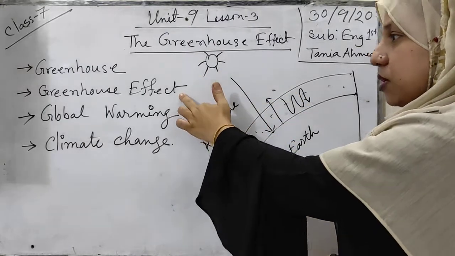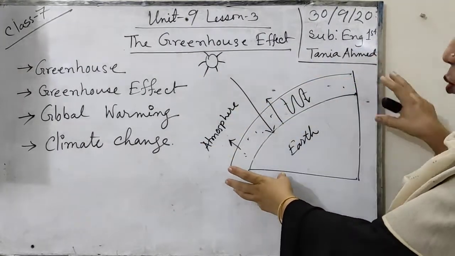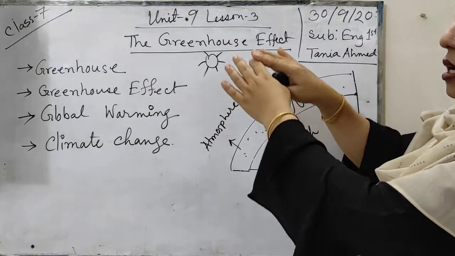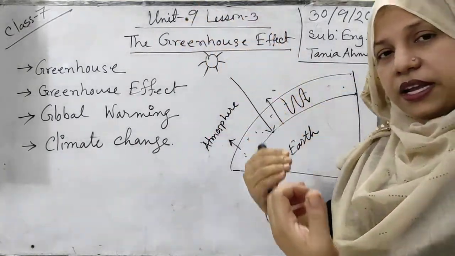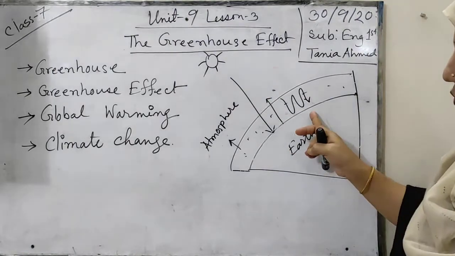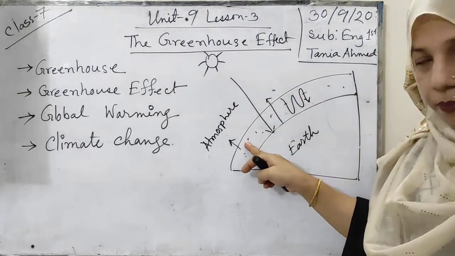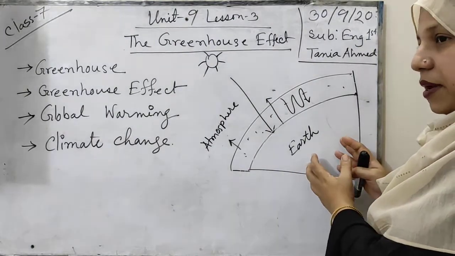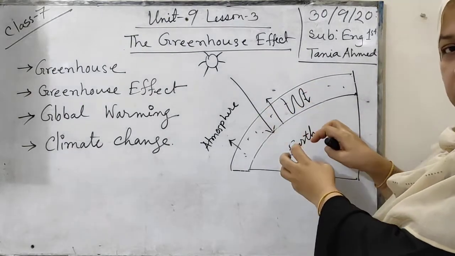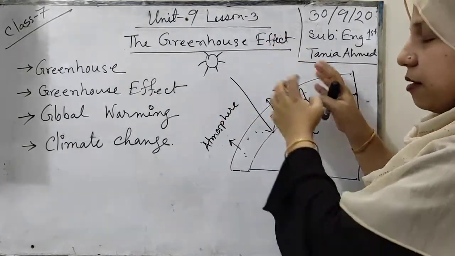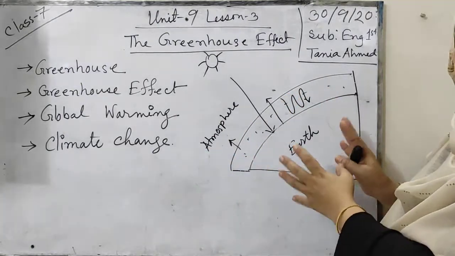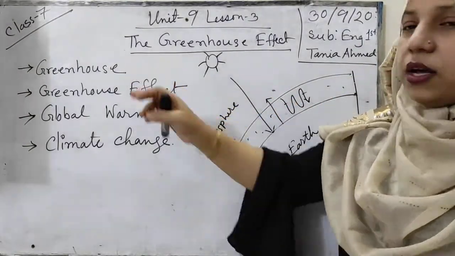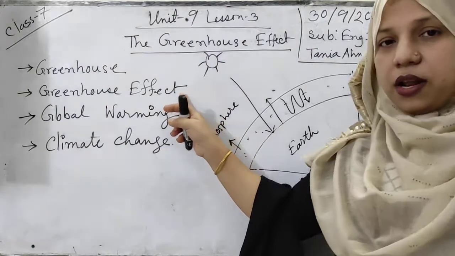And why is this known as greenhouse effect? This atmosphere works just like the greenhouse. We know that in the greenhouse, this special type of glass lets the heat come in and it traps the heat. In the same way, the atmosphere above our earth takes the heat in, our earth gets hotter, and then the heat is trapped here. The earth cannot release its heat again back to the atmosphere. That's why our earth is getting hotter, and this atmosphere is working like the glass of the greenhouse. That's why it is known as greenhouse effect.